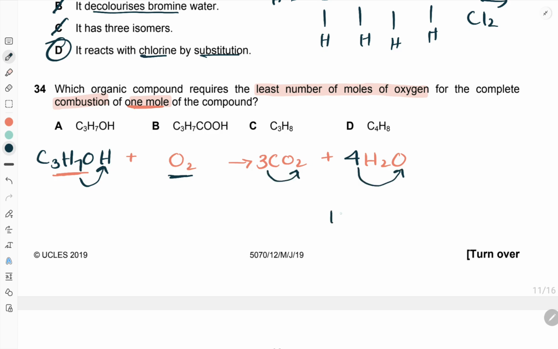We have 10 oxygens on the right, and 3 oxygen on the left. To make it 10, I will multiply it with 4.5. So this will be 9 and 1, so this will be 10 oxygen. So 1 mole of this needs 4.5 moles of oxygen. This is option A. Option B,